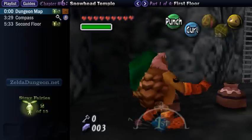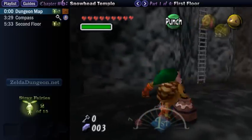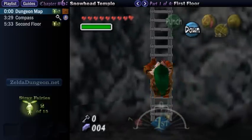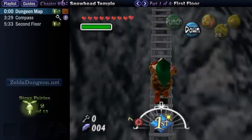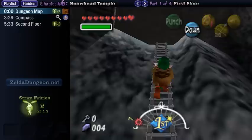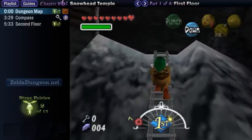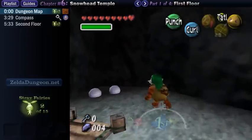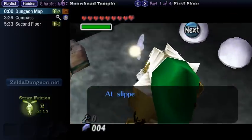Now, I got this mask back in Chapter 2 by saving the Great Fairy in Clock Town while in our normal form. The hair glows when there are stray fairies remaining in the room, and it also makes them fly towards you if they are able to. You didn't need it in the first temple of the game, but all of the dungeons afterwards require it to get them all. So if you want to collect all of the stray fairies with me, you're going to need the Great Fairy mask. Once you climb back up the ladder, you stand near the beginning of the bridge, and